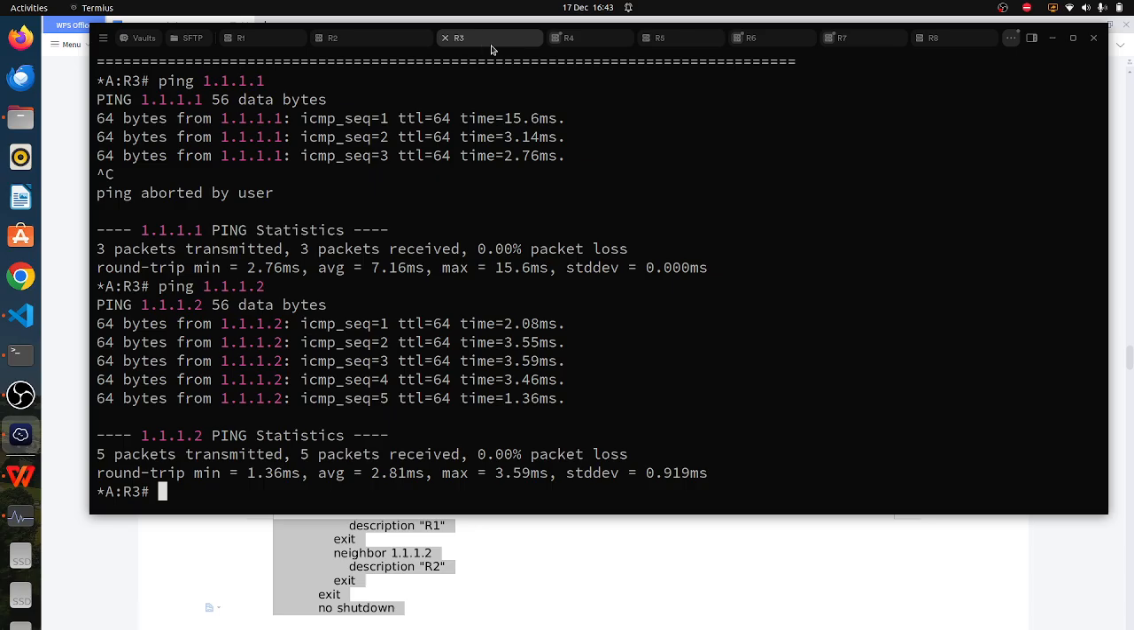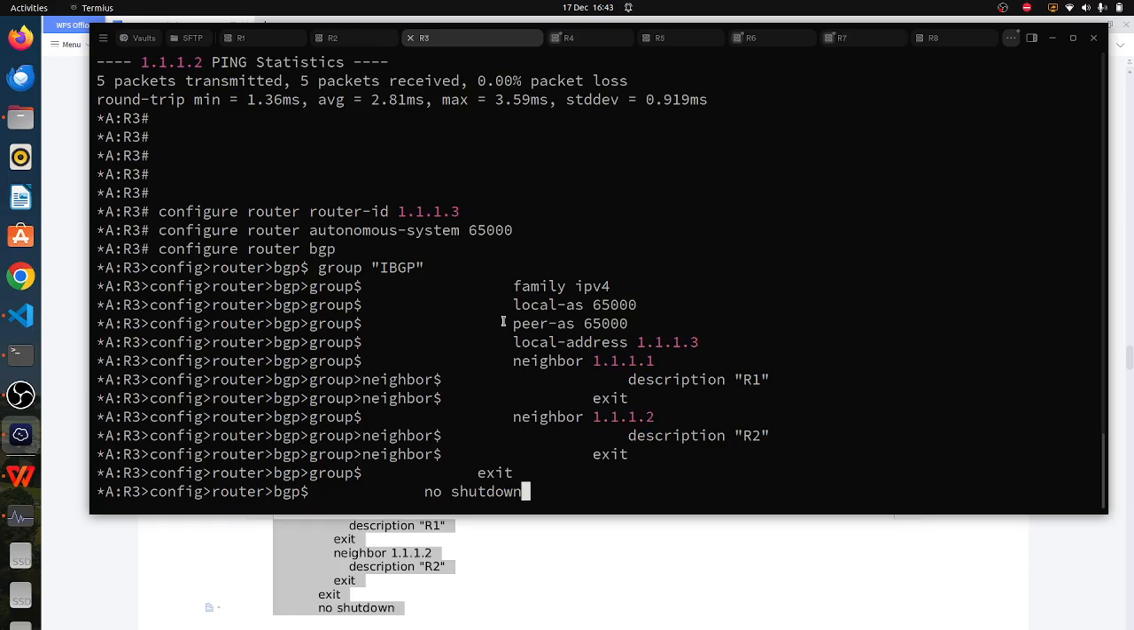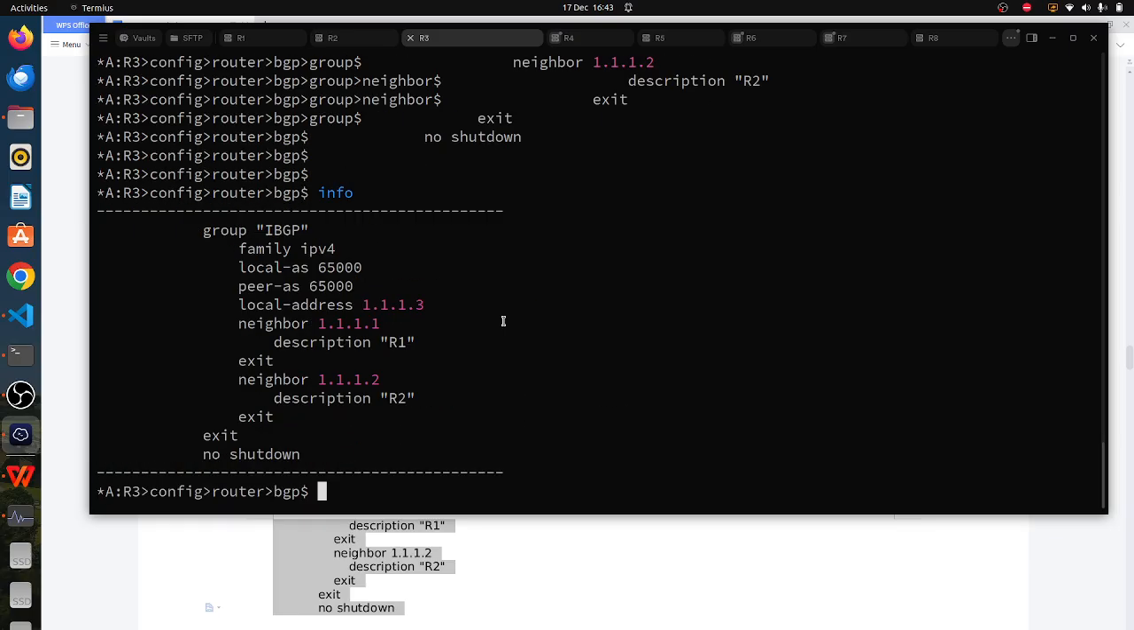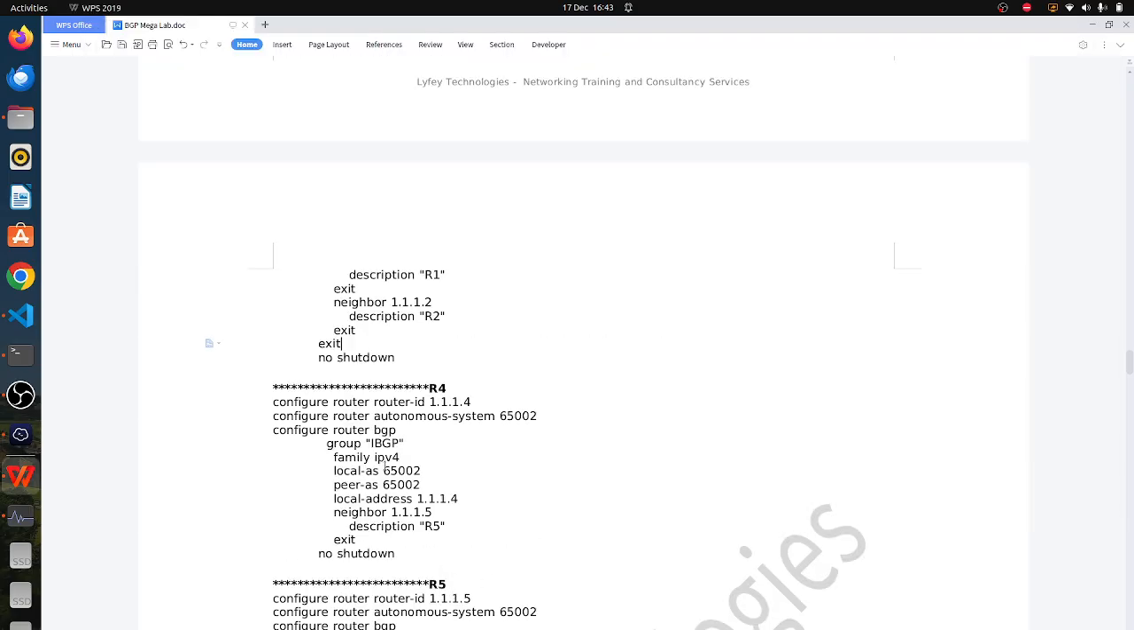On R3, we need to configure two peering sessions towards R1 and R2. Remember, this is just for IBGP sessions. In the next session, we will show you how to configure EBGP peering sessions. So on R3, we need to configure these commands and you can run info. So you see that we are having two neighbors, R1 and R2. Finally, we need to configure an IBGP session between R4 and R5. So I'll copy these commands,